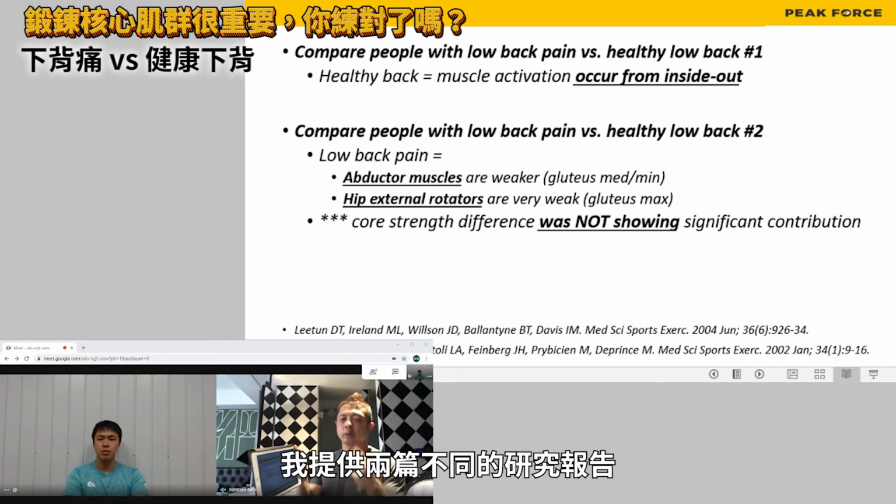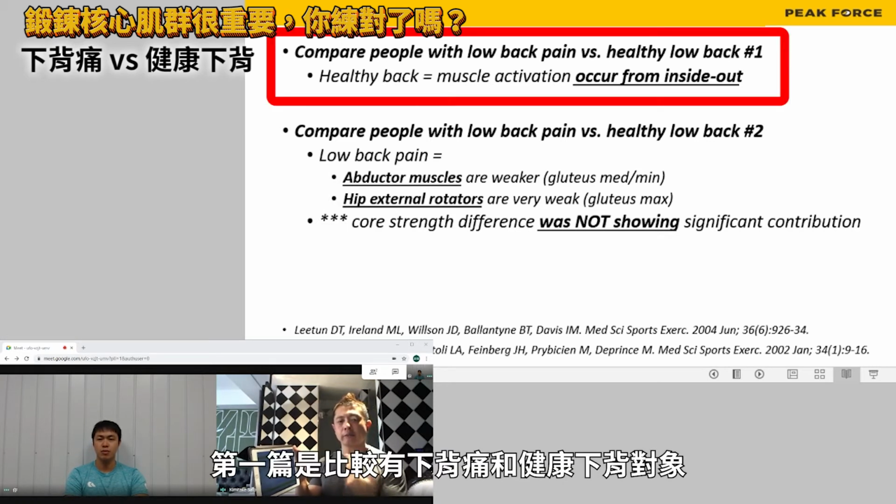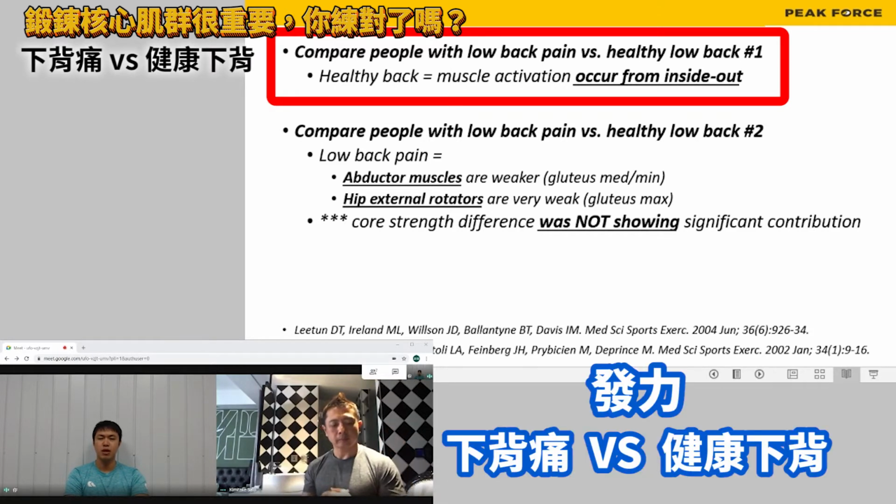So let's go to the next slide, talking about two different examples. I have two different research examples here. The first one compares people with low back pain and people with a healthy back. 第一个文献证据是比较有健康下背的人，跟有下背痛的人。